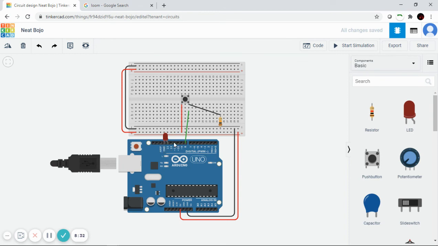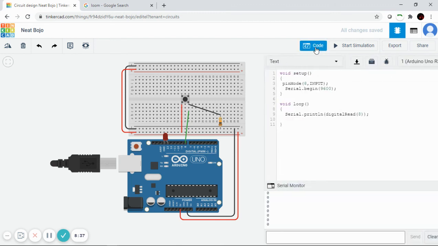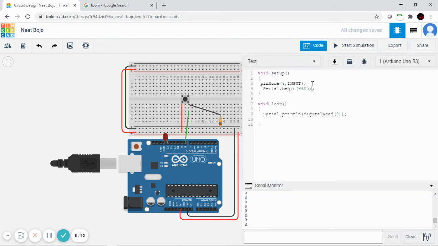Okay, now we need to give the code to glow the LED when we push the push button. So take code. Now here we need to add the pin 13, pin mode, pin 13 as output. I'll just remove this serial monitor stuff because we don't need it now. Or we'll just keep it here. And now we need to use a condition, so that when we push the push button, when the value is 1, the LED will glow. When the value is 0, the LED will not glow. So we have to put if